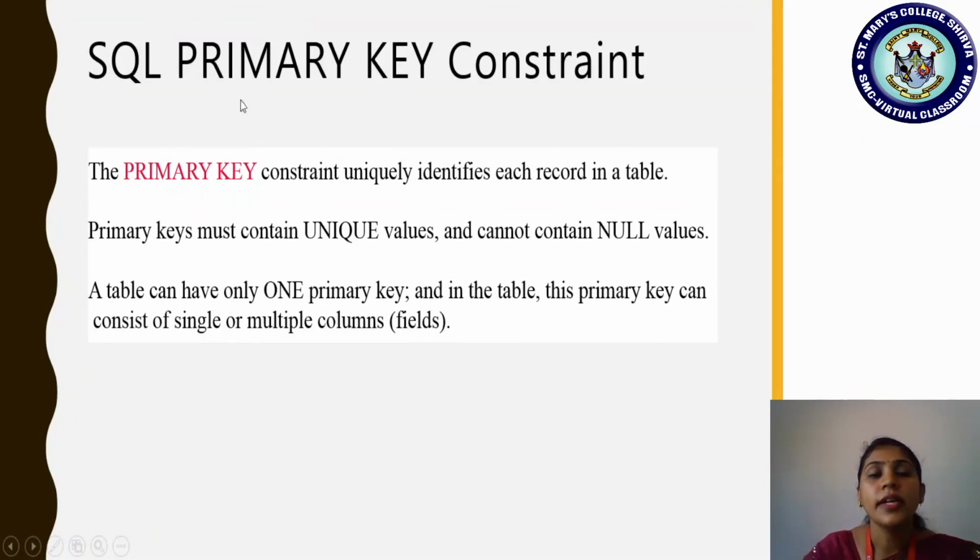Let us first understand the primary key constraint in SQL. The primary key constraint uniquely identifies each record in a table. We know the importance of a primary key, whether you take a student roll number, an employee ID or SSN, it should be